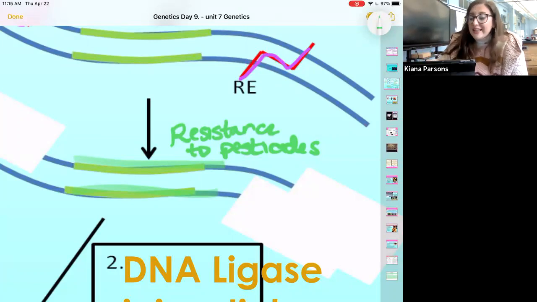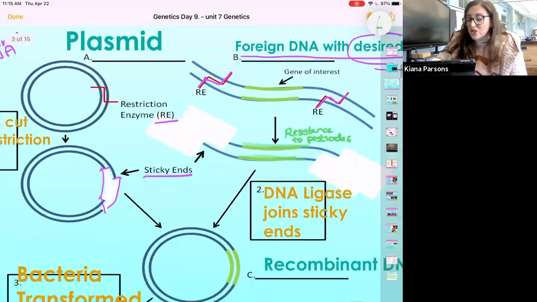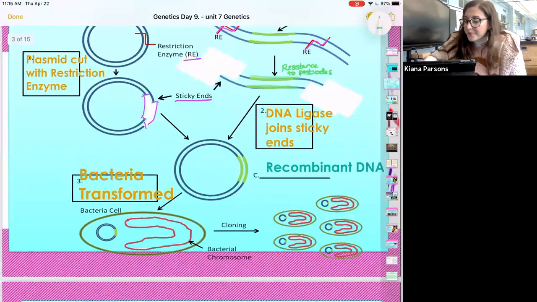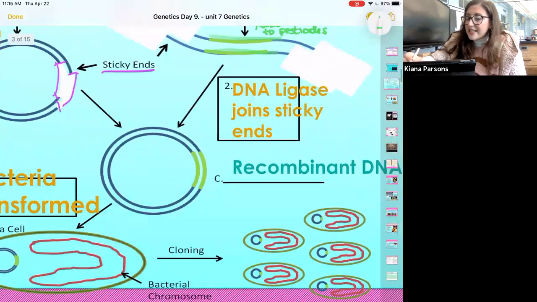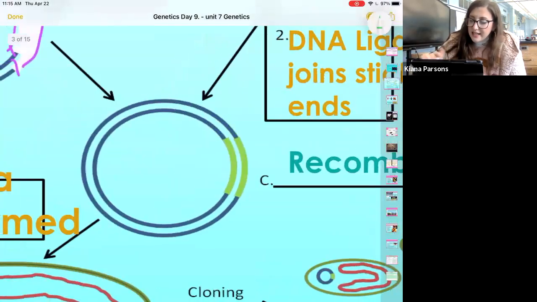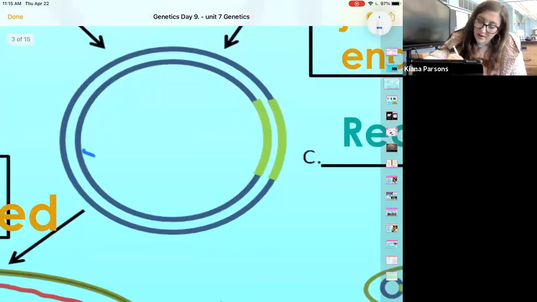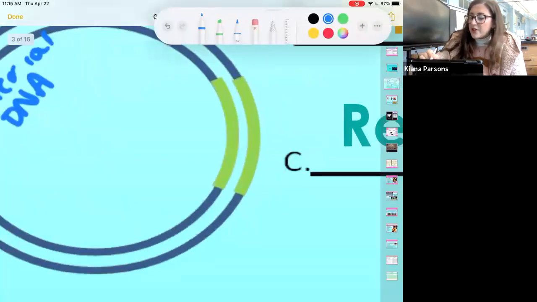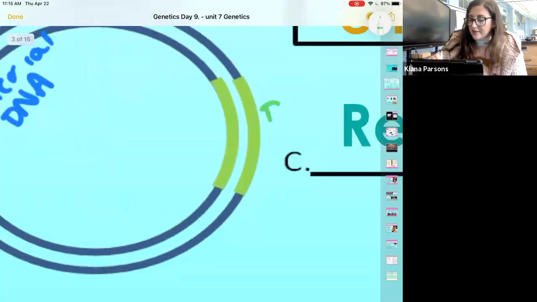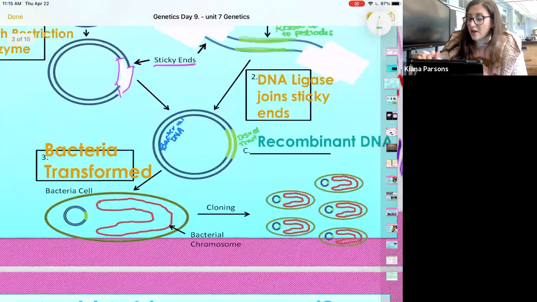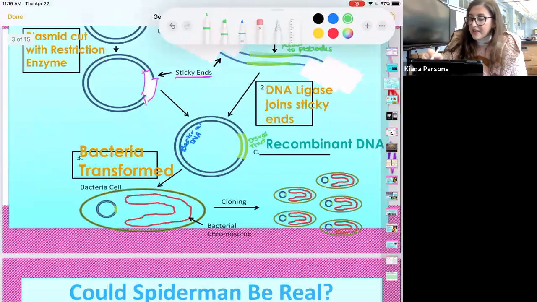So they could take that resistance to pesticides and insert it in the plasmid. Now this is bacterial DNA with the desired trait added. And those two things being added together